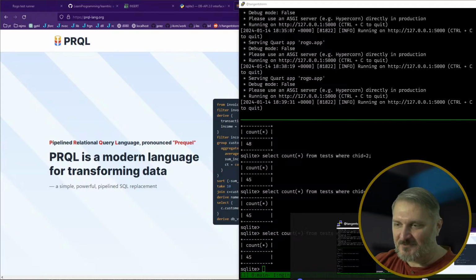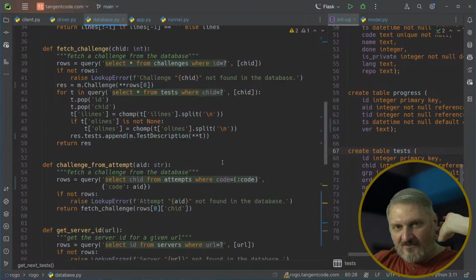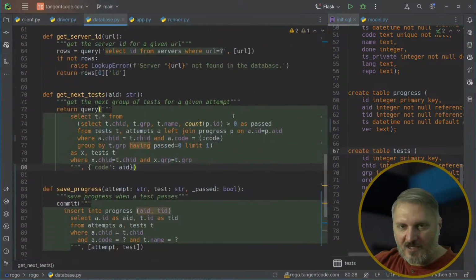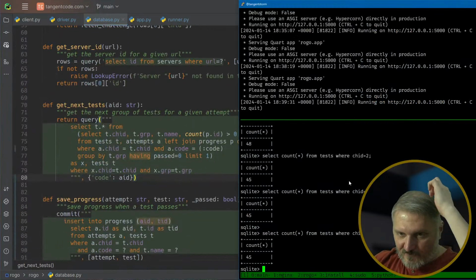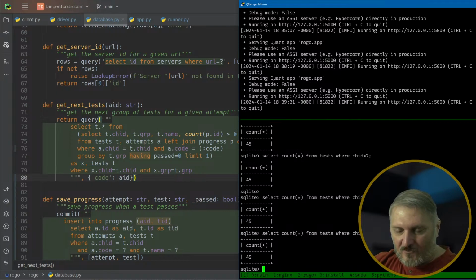I've said numerous times in the past, however many hours I've been working on this program, that it would be so nice to use my old object relational mapper just to fix some of this stuff. But I'm trying to keep complexity low, and I don't want to open that can of worms. I wrote an ORM for Python like 15 or 20 years ago, and it was great, but who knows if it even works anymore. So I didn't want to open that can of worms or introduce a dependency here. All right, anyway, so,